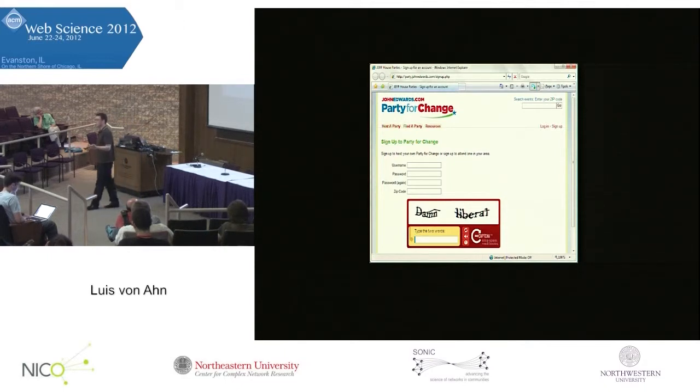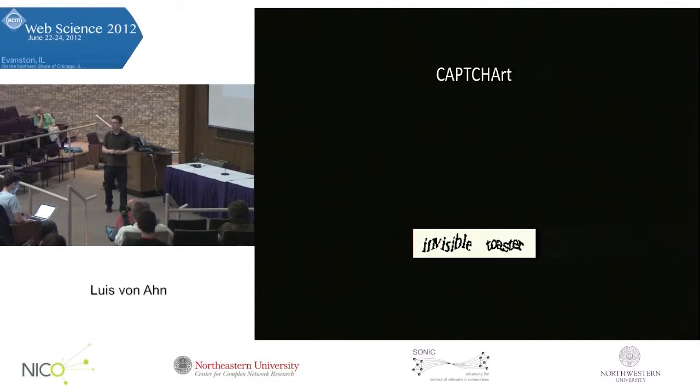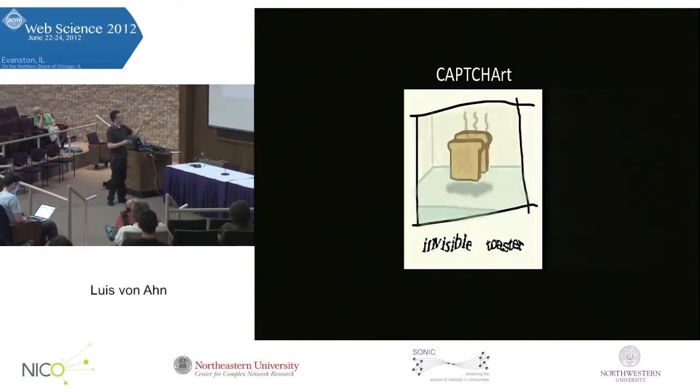It's also interesting stuff. And this has actually given rise to a pretty recent internet phenomenon that's called CAPTCHA art. By the way, there's by now hundreds of thousands of examples of CAPTCHA art that people have just done in their spare time. Here's how it works. Imagine you're surfing the internet, and suddenly you see a CAPTCHA that you think is interesting, like this one. Then you're supposed to take a screenshot of it. Then, of course, you're supposed to type the CAPTCHA because you help us digitize a book. But then afterwards, you're supposed to draw something that is related to this, something like this. That is CAPTCHA art.